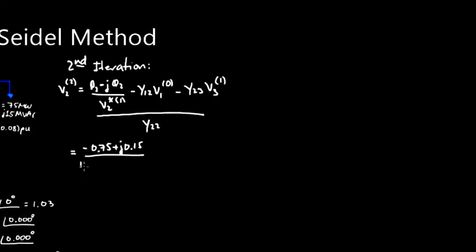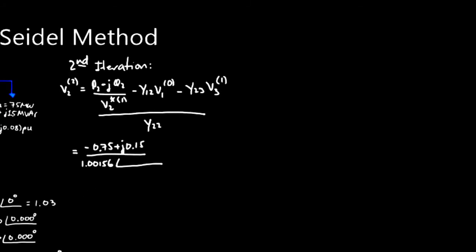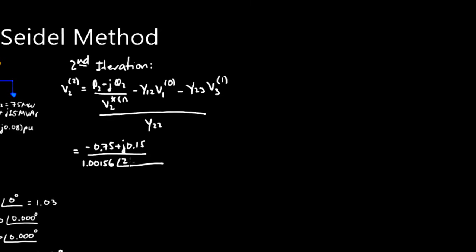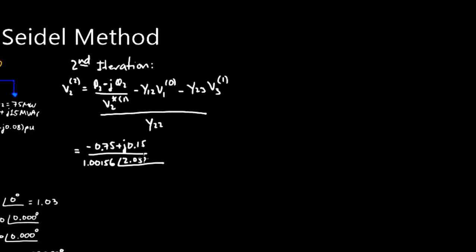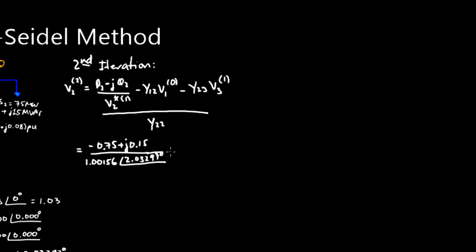So that's going to be 1.00156, and then I have over here minus 2.03297. So the conjugate of that is going to be positive 2.03297 degrees. And I'm going to write these voltages in polar form just to save a little bit of room. And so now minus